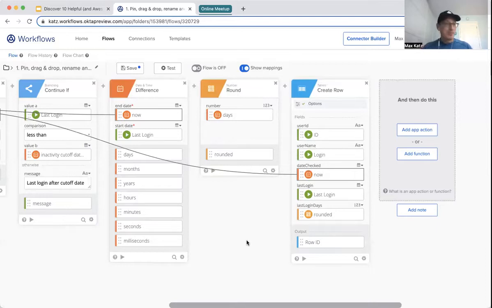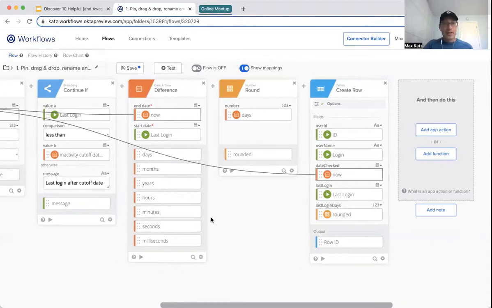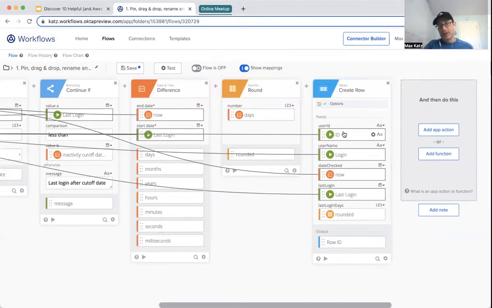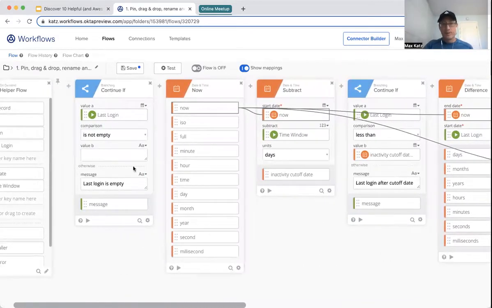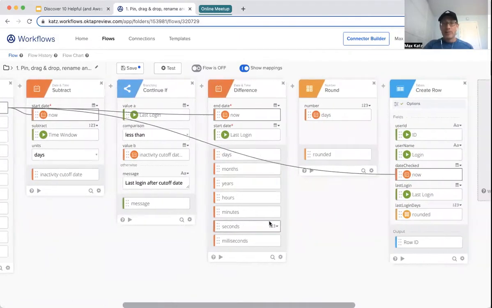Okay, so tip number 3 is renaming outputs. Every card is going to have an input usually, and then output. So this card has all these outputs, and this card has all these inputs. Again, every card is going to have inputs and outputs. Now, if you look at this one,